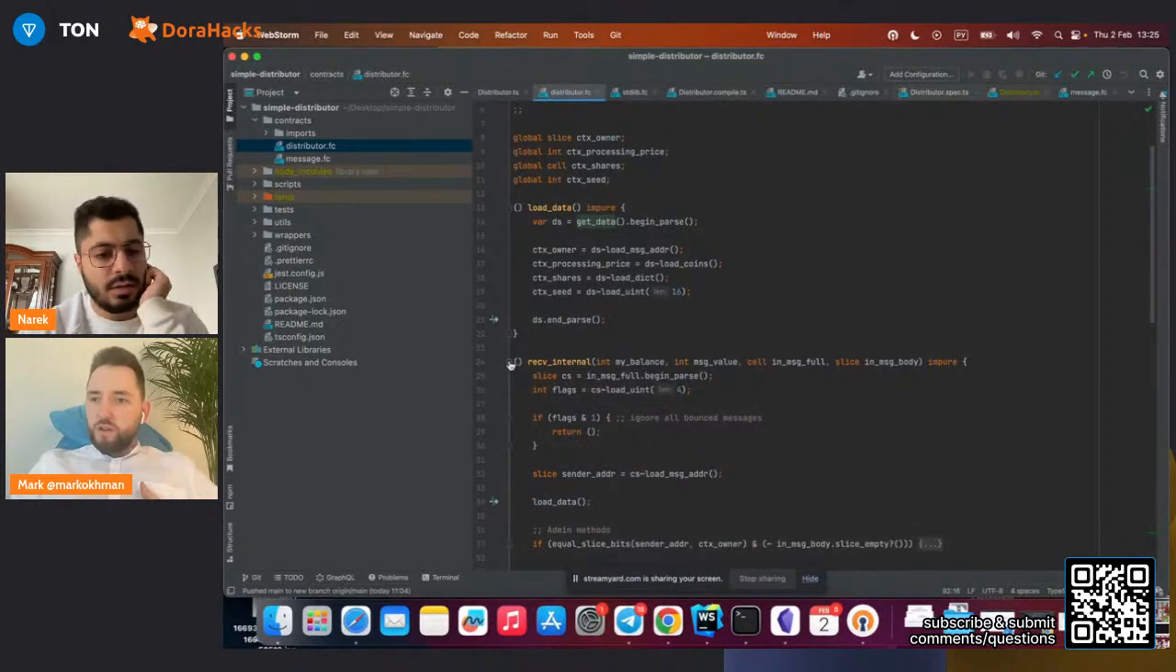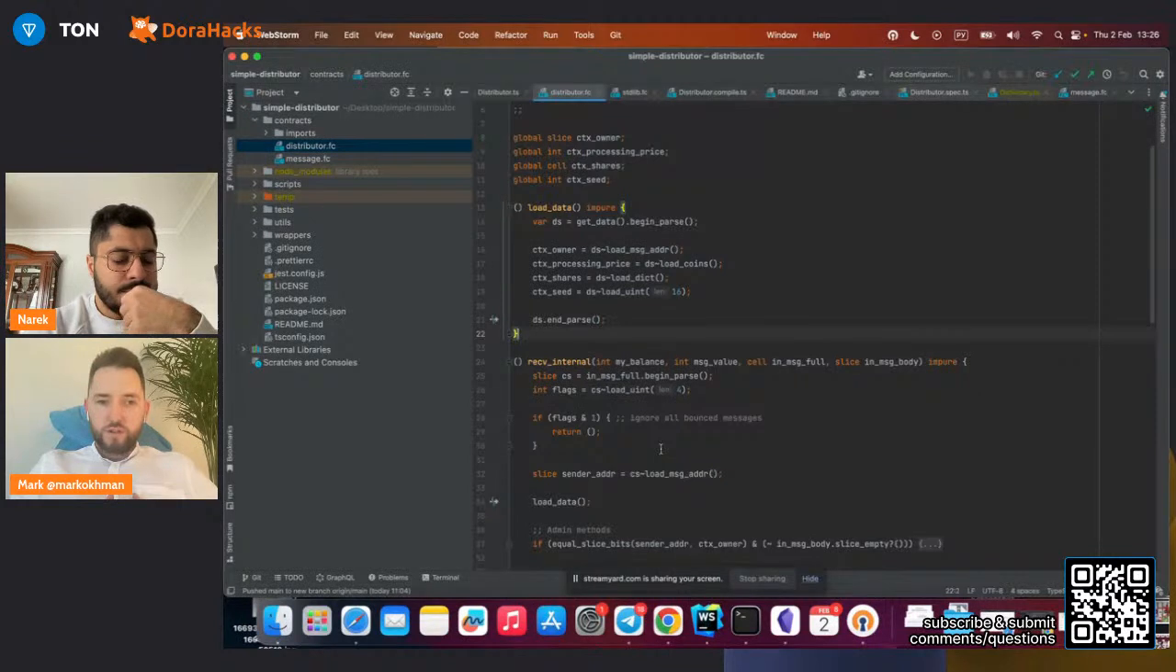One of the questions was, what happens if we don't mention the impure keyword function? So, if we don't mention this modifier, and I think I can take this one on. Basically, there are a few kinds of modifiers, and as Narek said, impure means that it actually affects the state of the contract. So, if there is no modifier impure and the result of this function is not used